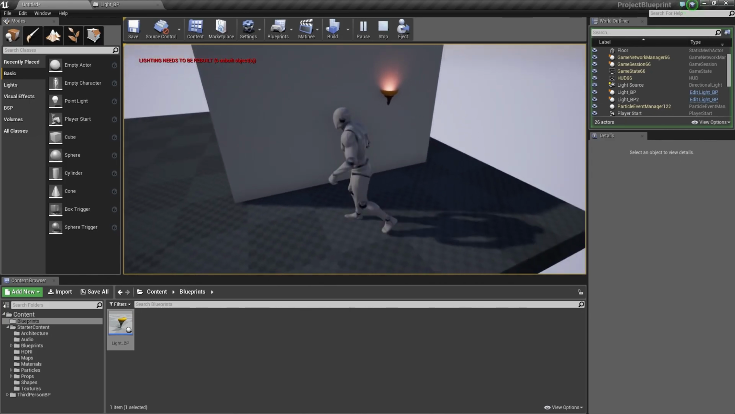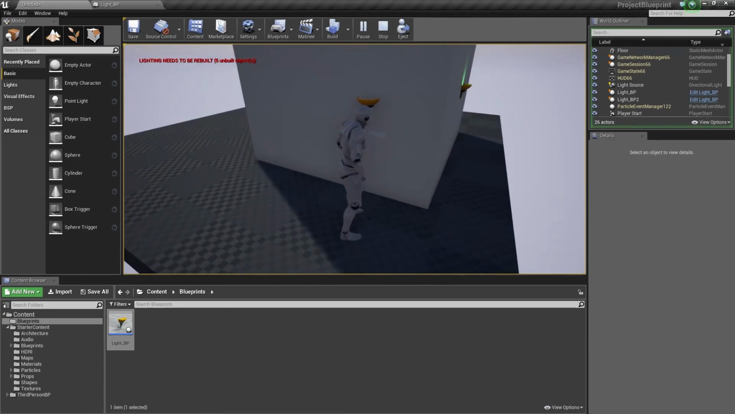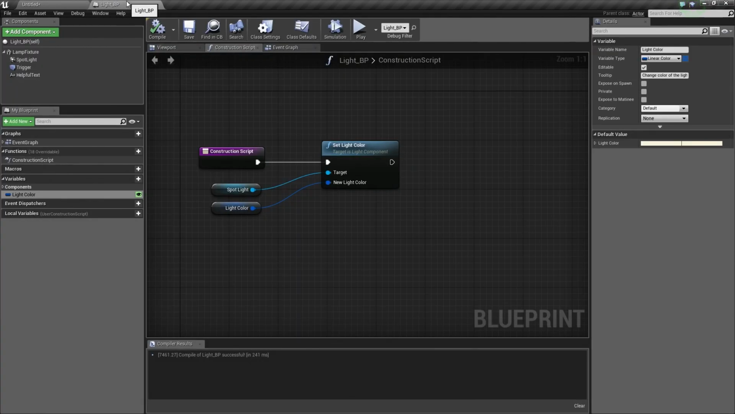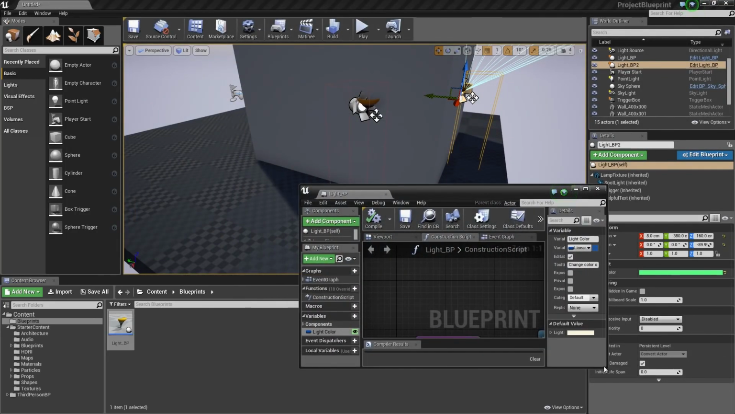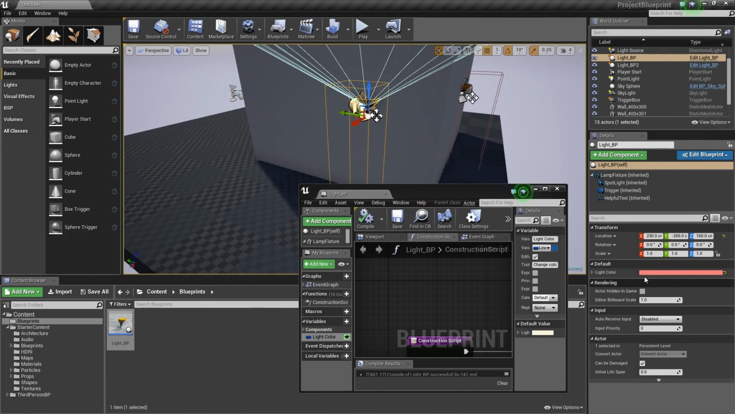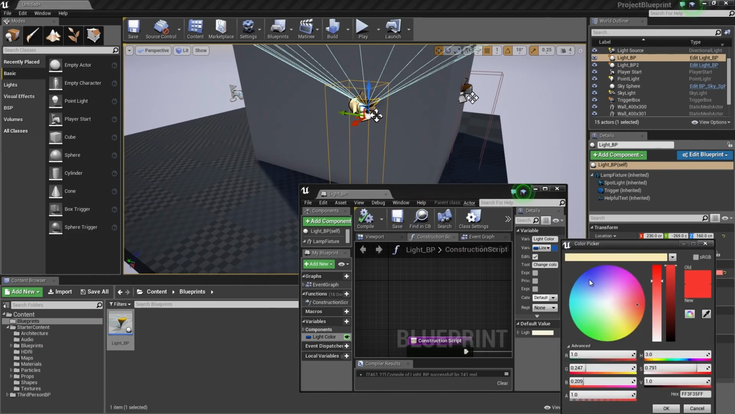We've pretty much accomplished what we set out to do, but there's one more thing that I wanted to show you really quickly before we wrap this video up. Let's hop back to our light blueprint. I'm going to undock this for just a second here. So if we select our light in the level and we wanted to change the light color, it's